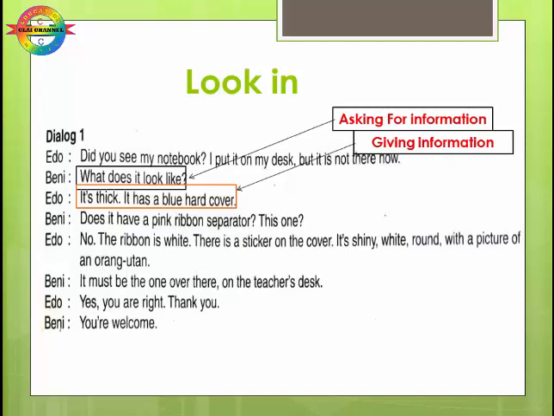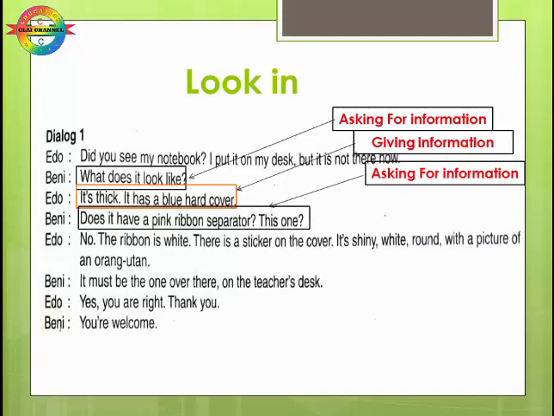He cannot find his notebook, so he tried to find it by asking his friends for information about his notebook. Edo says, did you see my notebook? And Benny says, what does it look like? It's asking for information. And Edo says, it's thick, it has a blue hardcover. This is the way to give information by Edo. Next, asking for information: does it have a pink label separator? This one is asking for information by Benny. And giving information by Edo: